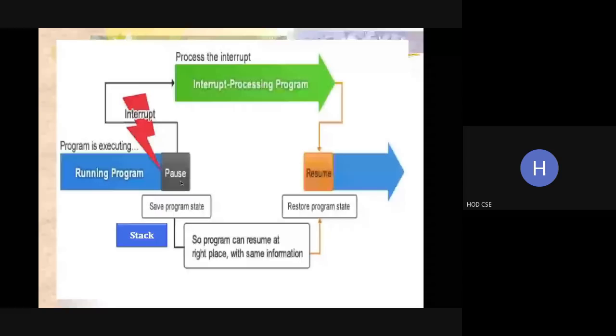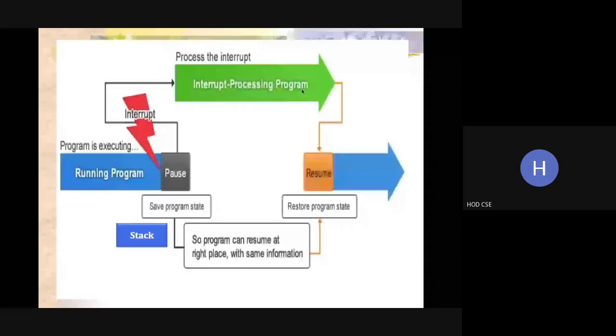So you have to come back to the main program after completing that interrupt process, no? So what we are doing is, we are saving the program state in the stack. In the stack, the program counter value and status of the registers till this point will be stored. And now the control transfers to this interrupt processing program. After completing this, you have to come to the main program, that is, we have to resume it. How we are resuming is, the data are already stored in the stack. From this, we are getting all the values and resuming.